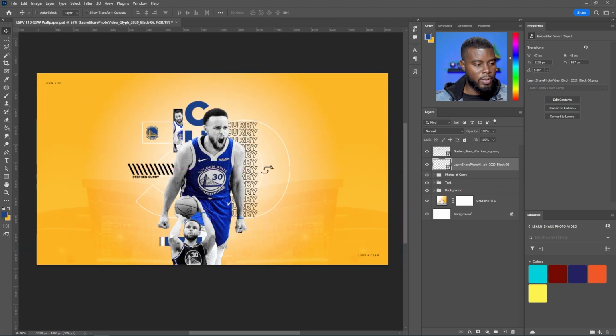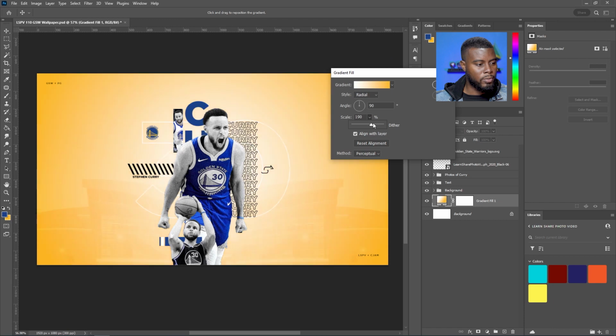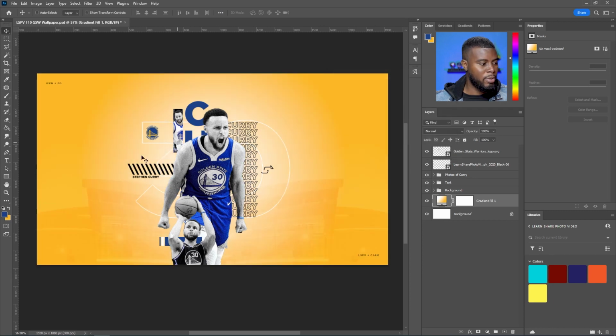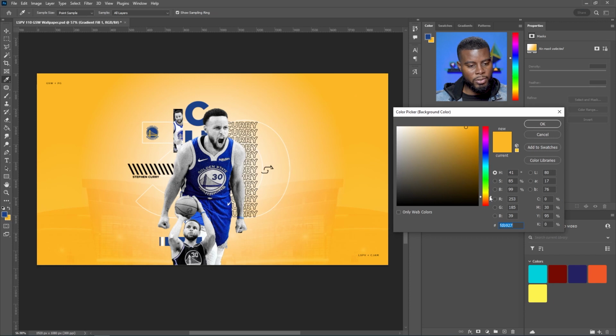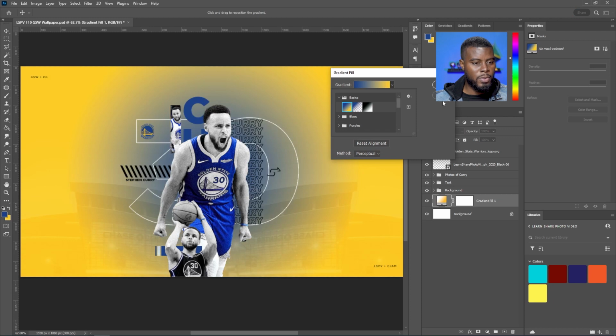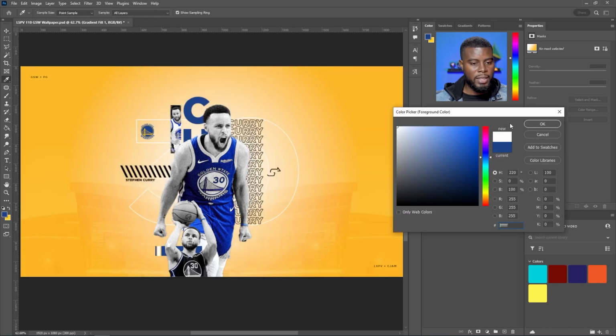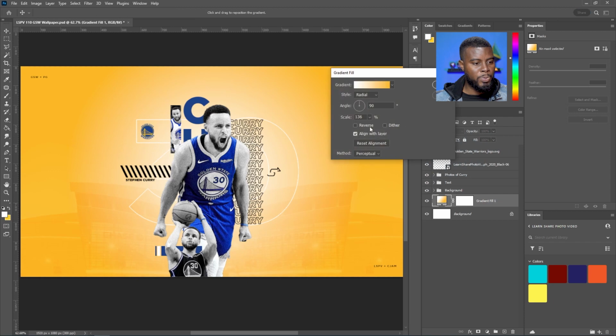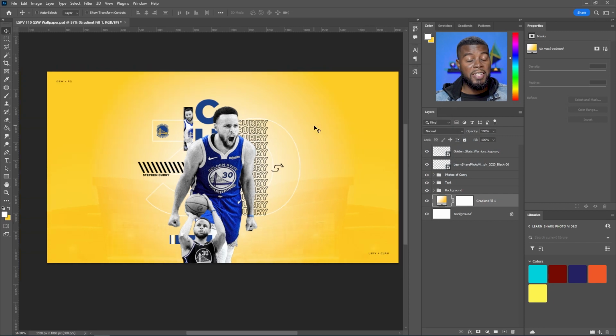Let me do one more adjustment to the gradient. Do I want this or this? I know I like this for sure, no question. Let me probably adjust the gold. I know it's the GSW gold, but it just looks a little bit weird. I know it's correct, but it just looks weird. Oops, sorry, I had to do white. That's what I did, right? Then let's do the reverse. All right, I know it's not the GSW gold or yellow, but it just looks